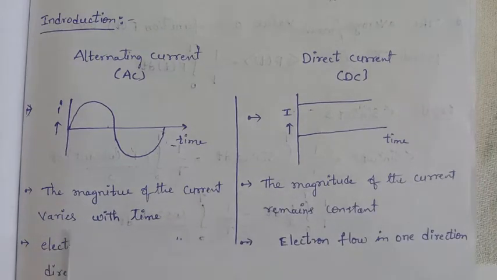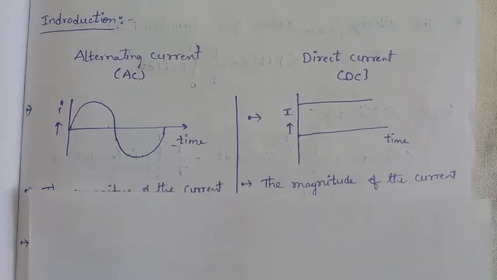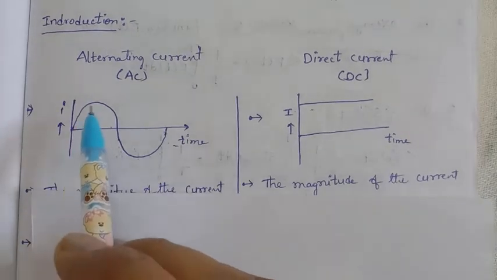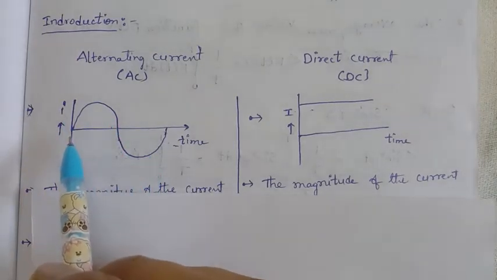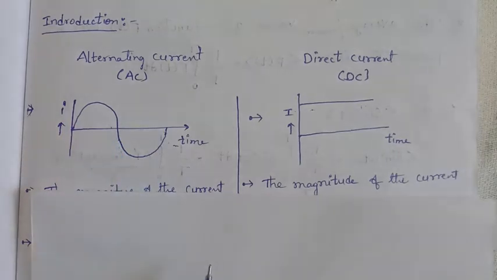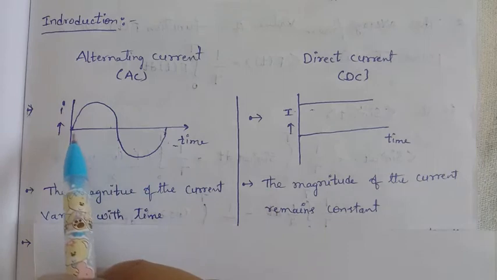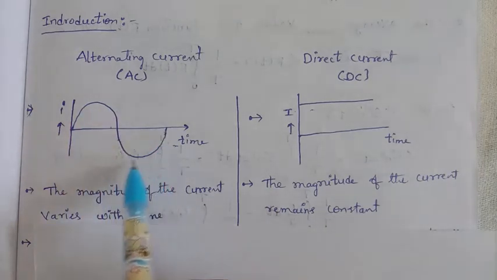For every half cycle, the direction of the induced EMF changes. So at that time the current changes. So this is the output we are getting from the last chapter.